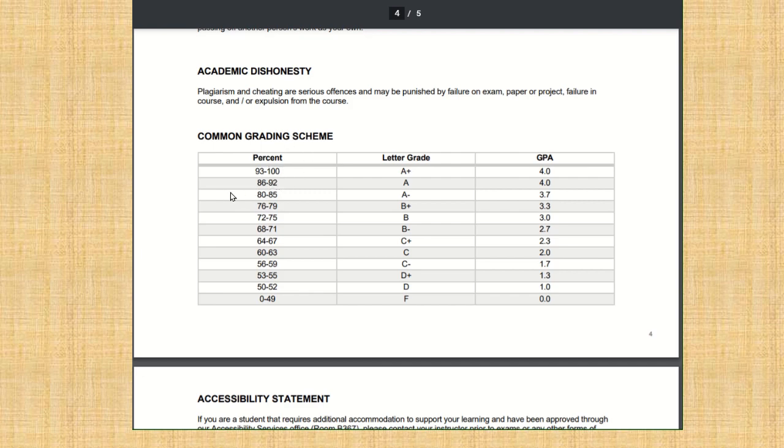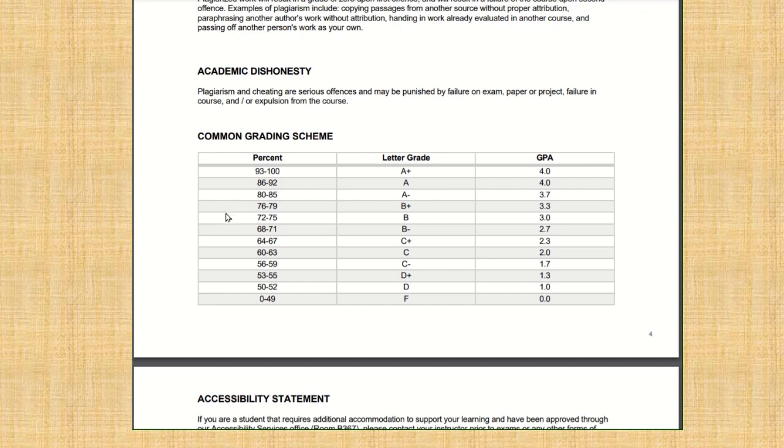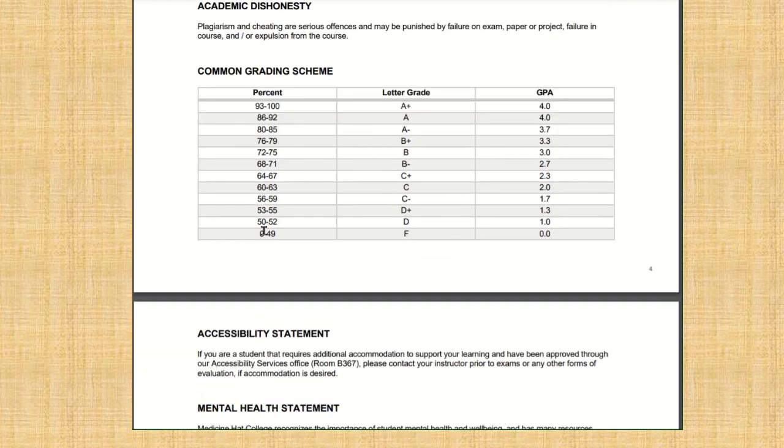I'm going to give you a rubric as well that you can look at. That's really going to lay out what is an A paper, what is a B paper, what is a C paper, what's a D, and what's a failing paper.